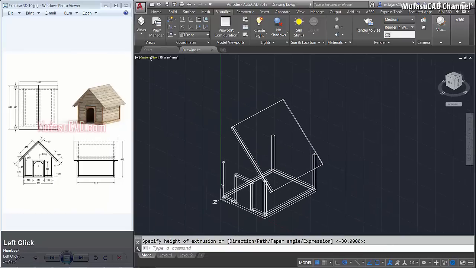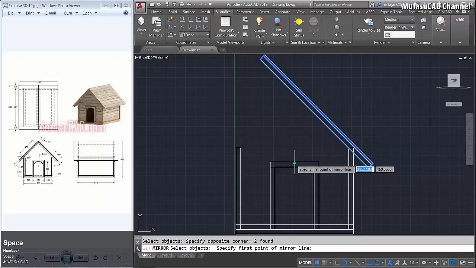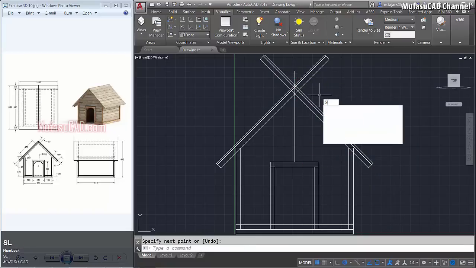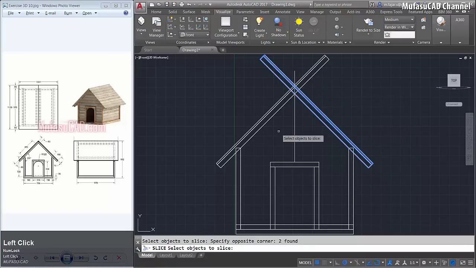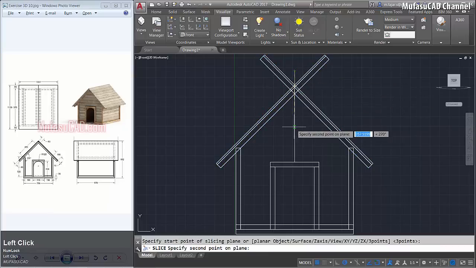Okay, next change to the front view. Here I will mirror these two objects from the middle point here to the top here. Okay, and I will create a line from here to the top here. Use the slice command, select this object. Okay, and slice from here to here.